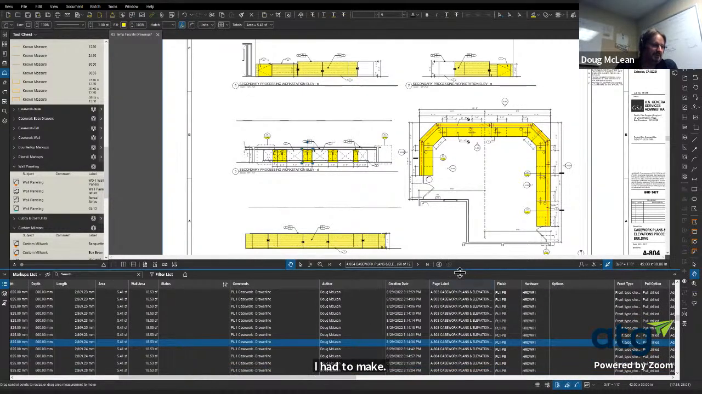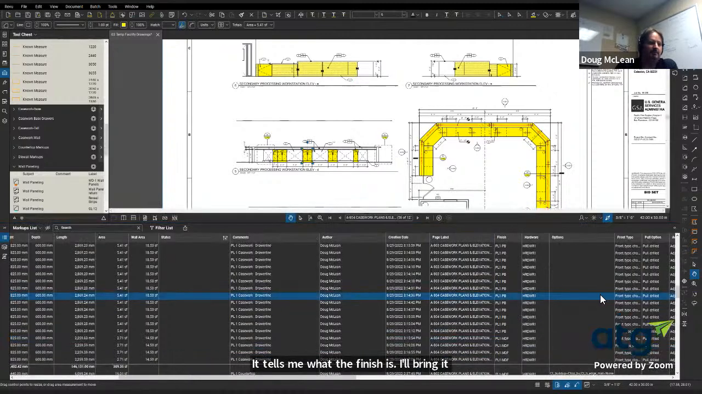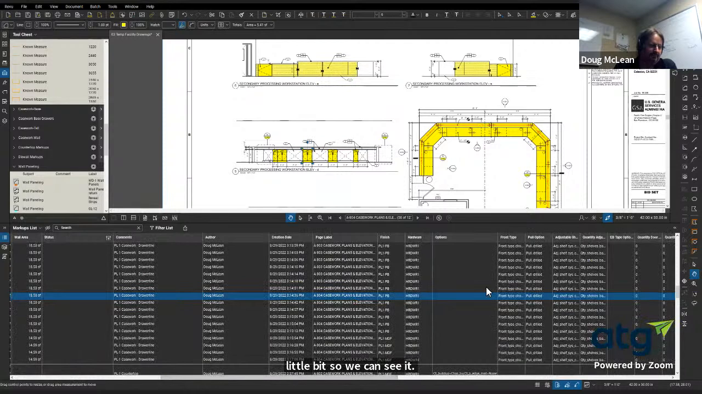I'll bring it up a little bit so we can see it. Wait, it should be over there. It's just out of order. There should be a construction column here. It is here. It's just out of order. What the front type is. If there's any static options, what kind of pull we'll put in there, what kind of adjustable shelf system,